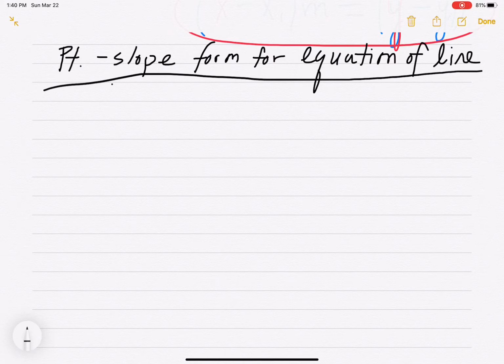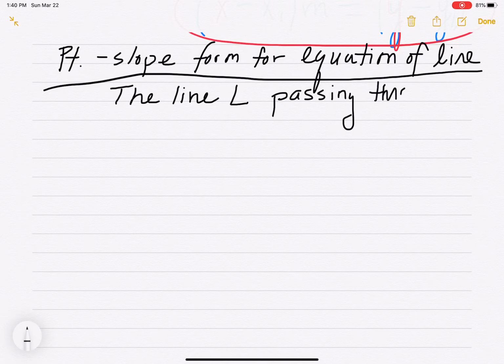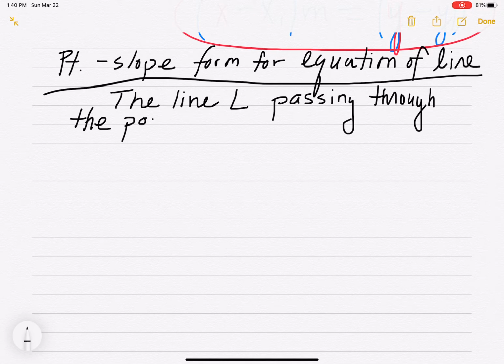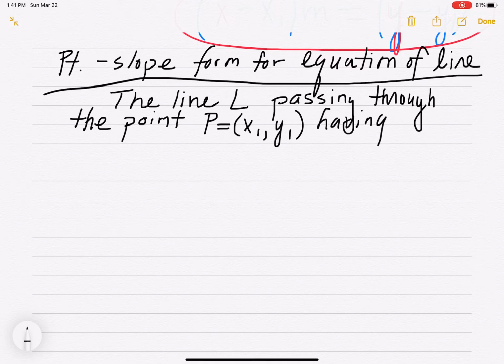And it says the following: the line L passing through the point P, x1, y1, having slope m, has equation